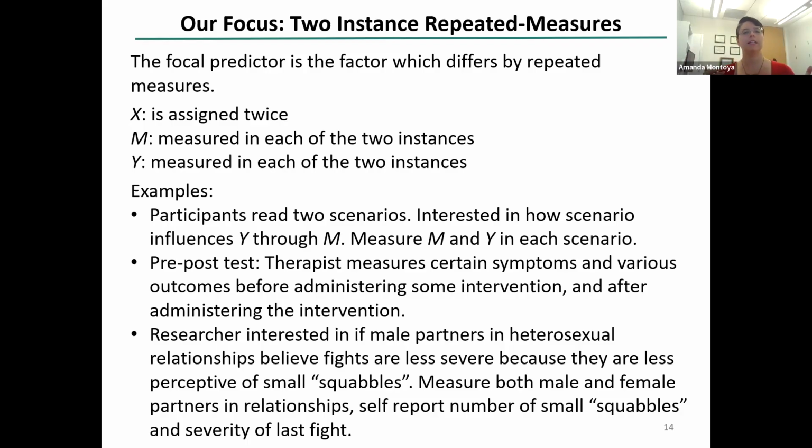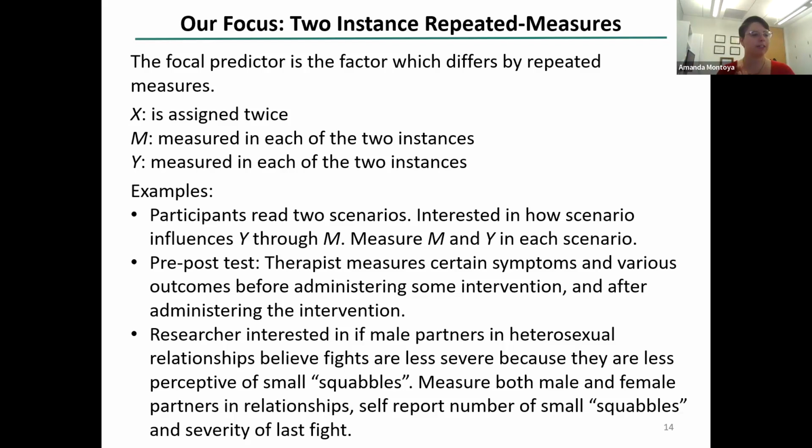So hopefully you can see, even though it feels kind of restrictive, there are actually a lot of kinds of designs that fit within this definition. My easiest explanation when people ask what specific design I work with is that it's a paired t-test. Whatever you learned, you can apply paired t-test to, this is mediation for the paired t-test designs. Though to me, a paired t-test is a type of analysis, whereas designs are more general. But the kind of designs that come to mind when you think about paired t-tests, that's the kind of designs that we're thinking about.